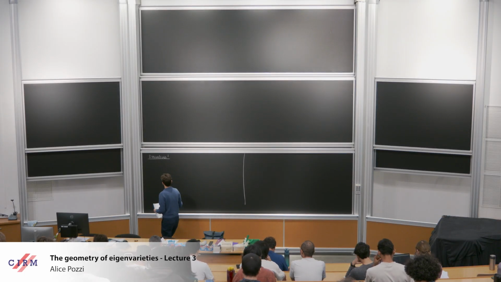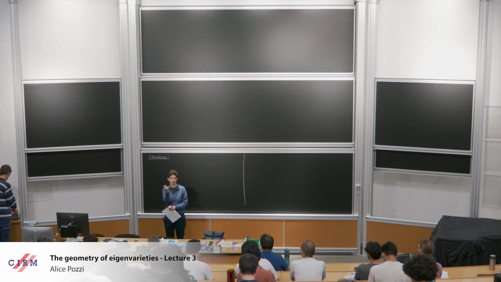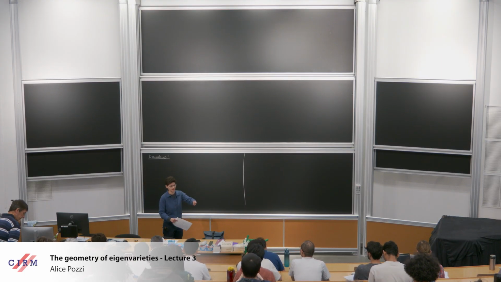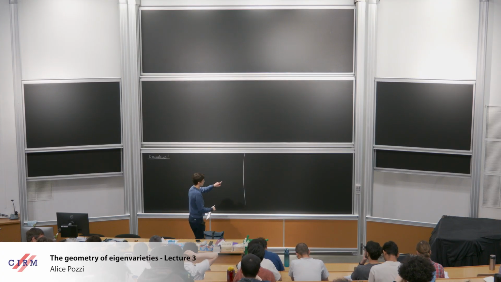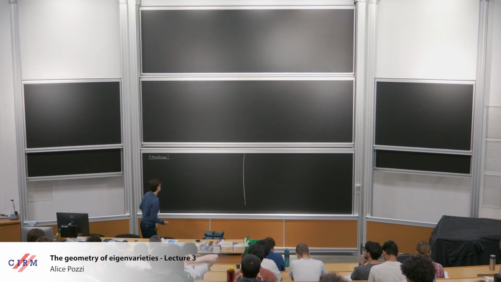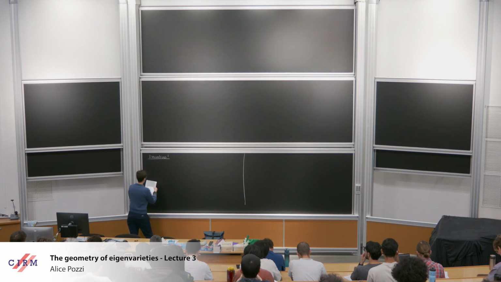So today, finally, we'll get to talk about derivatives around points on the eigencurve. The goal is to try to describe locally around some classical points, with very explicit formulas, the derivatives of the corresponding systems of Hecke eigenvalues. Let me just remind you where we left things off.